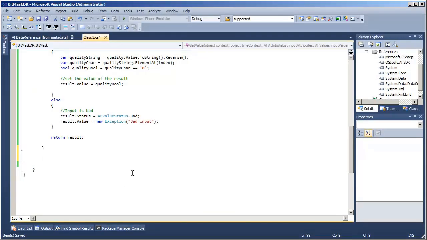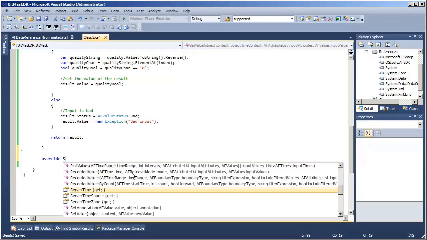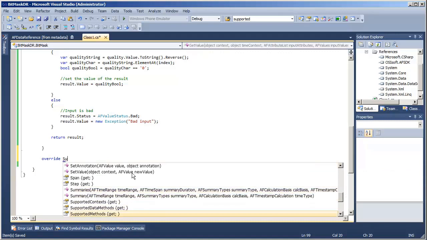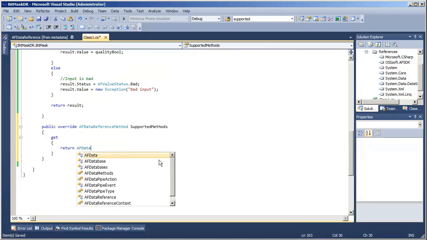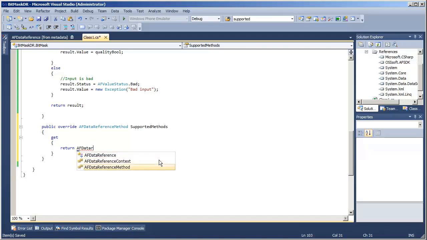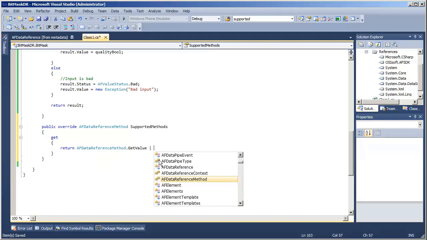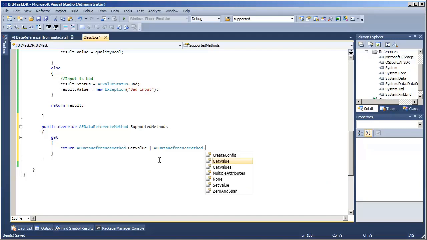So we will implement this supported methods property. So let's see, AF data reference method dot getValue. We support that, as well as, we use the logical OR here to indicate multiple values, as well as getValues.